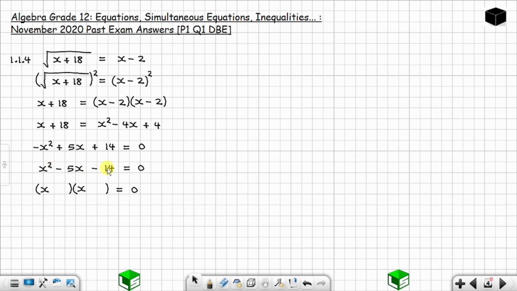You need to use two numbers. When you multiply those two numbers, they are going to give you negative 14. And when you add those two numbers, they are going to give you the middle term. Can you use 14 times 1? You know that 14 times 1 is 14, right? But from 14 and 1, you can't get negative 5. Can you use 2 times 7? You know that 2 times 7 is going to give you 14. And from 2 and 7, you can get negative 5. If you say 2 minus 7 will give you negative 5.